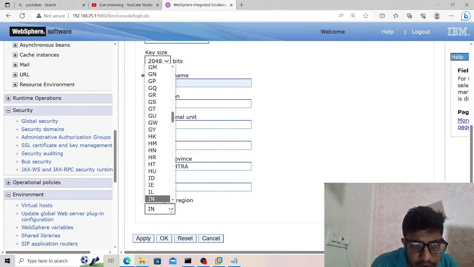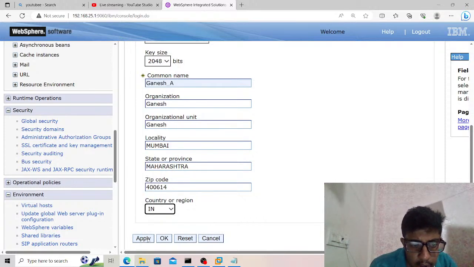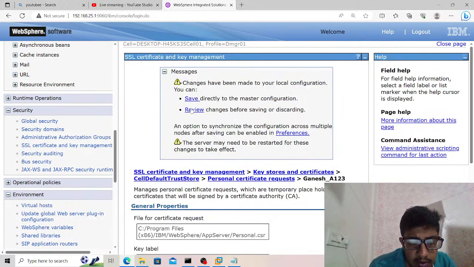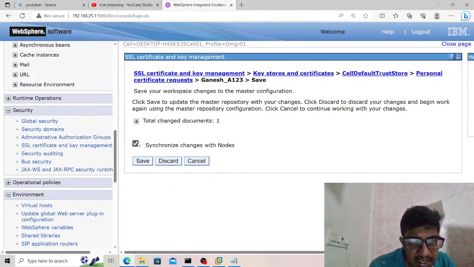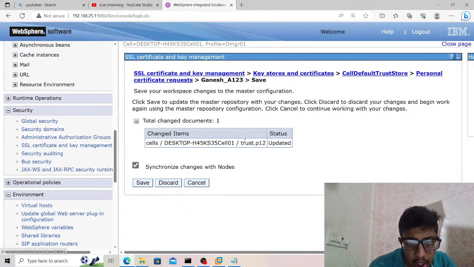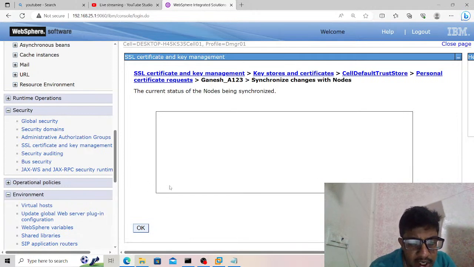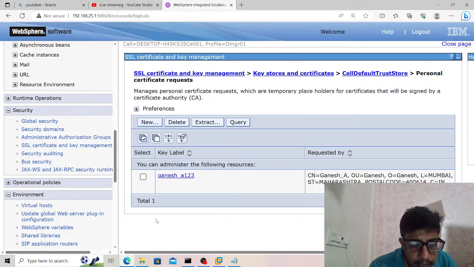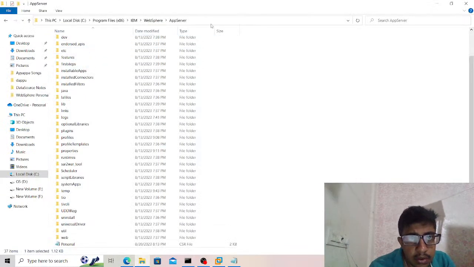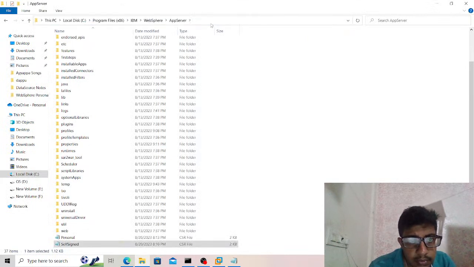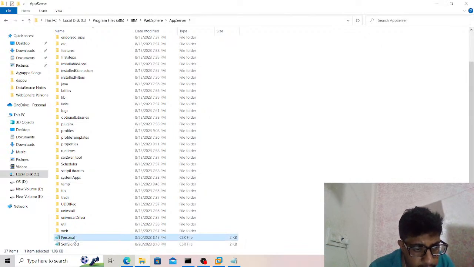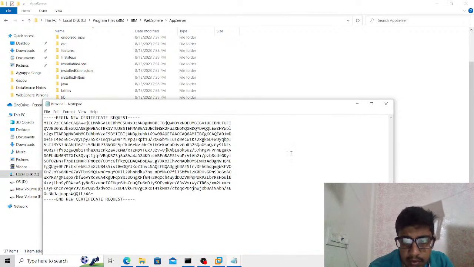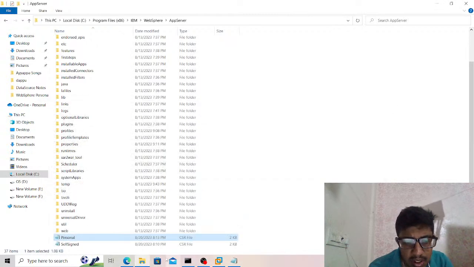This is the zip code. Apply. Take backup of security and trust, key.p12, all take backup before doing this. Don't forget to take backup. Yes. See, personal also updating. See, this is about